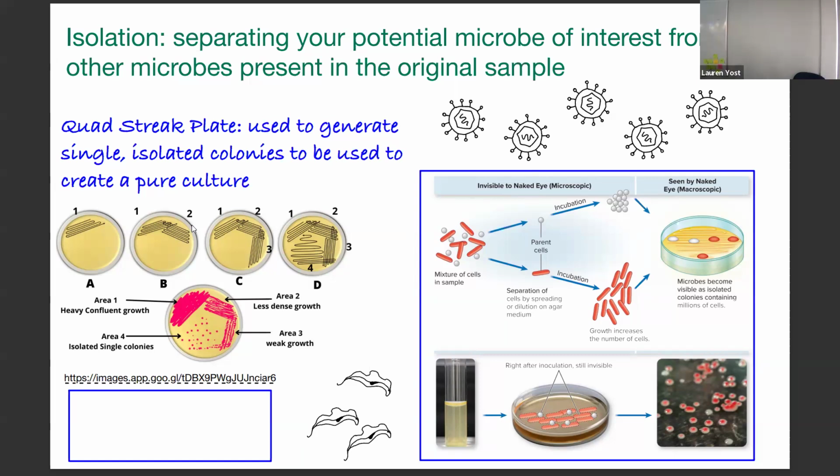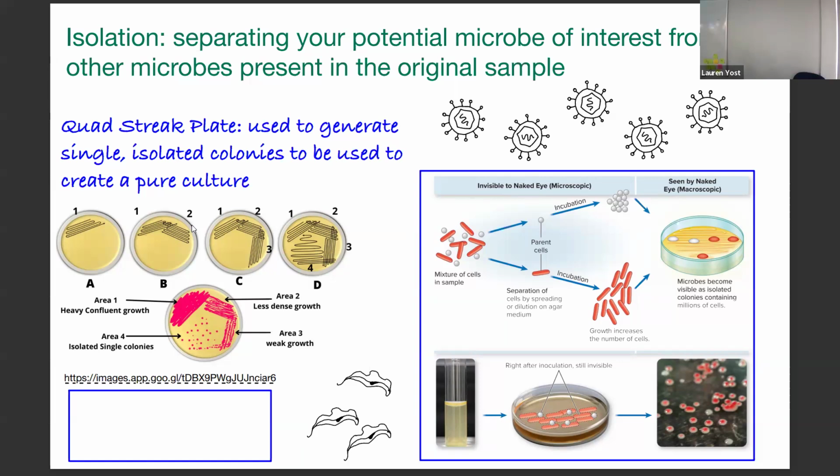So here we have an image that basically walks us through those steps. Area 1, you place your stuff down, flame your loop. Area 2, we're spreading out what we picked up from area 1. Flame your loop. Area 3, we're spreading out what we pick up from area 2, and so on and so forth. So it's really important that we remember that we have that sterilization in between each of those streaks on